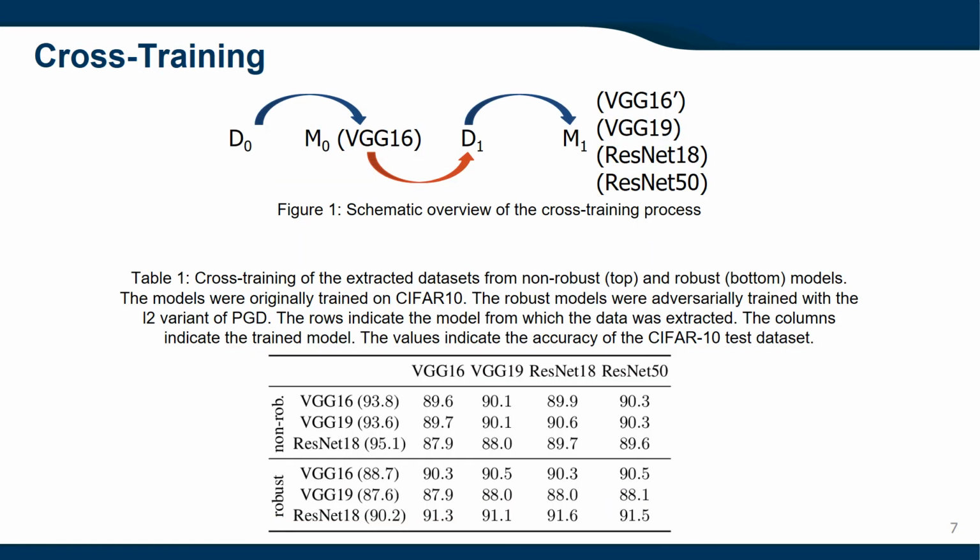In our cross-training experiment, we applied DfM to a model and trained different state-of-the-art architectures on the extracted data as indicated in Figure 1. The results in Table 1 show that all model architectures can be successfully trained on the extracted data with negligible performance variation. It suggests that the features in the regenerated dataset are not inherent to any specific architecture. For the robust models, one interesting phenomenon can be observed. The retrained models consistently outperform the corresponding robust origin model for both similar and different architectures.